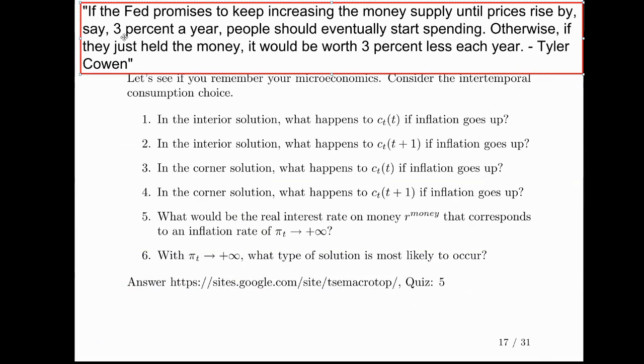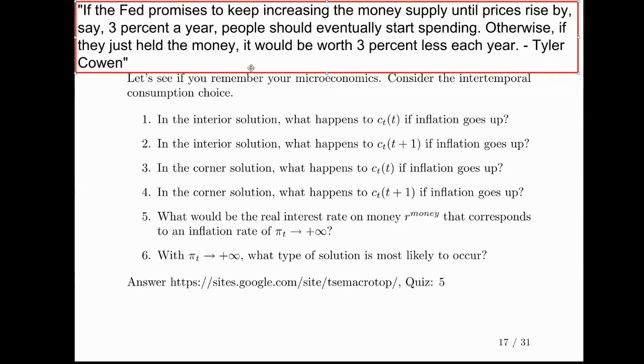It was a discussion about how to stimulate the economy, and basically the idea that we should prime the pump, or encourage people to spend. So he says the Fed should start to increase the money supply. The Fed is the Federal Reserve in the US. So he says if the Fed promises to keep increasing the money supply until prices rise, say, by 3% a year,